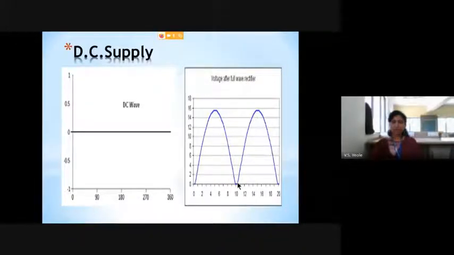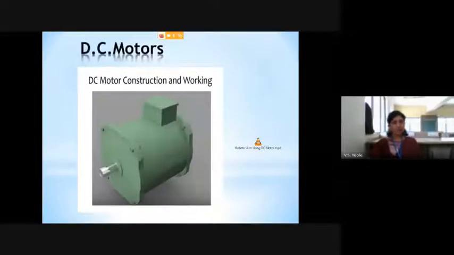So the first motor we will see is called DC motors. Before going into detail of DC motors, we will see a video in which movement is given to the robotic arm by using a DC motor. You have to observe that this movement is given by transmission and gears to each and every part of this robotic arm. So watch the video.